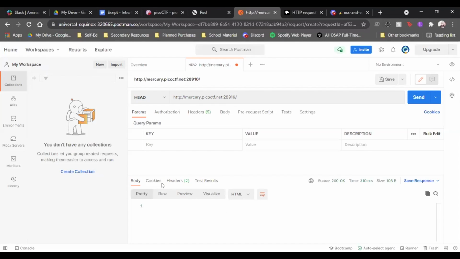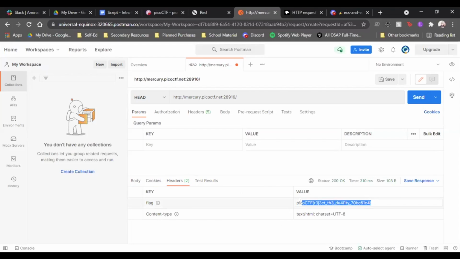And this is the output of the request, right? It says everything's all good. You can see that there's nothing in the body because, again, a HEAD request returns no body. Nothing in the cookies. And if you check the headers, right there, you'll have a flag, right? Key, flag, value, picoCTF, reject the duality, and a ton of numbers. So right away, we know that that's our flag right here. So if we just copy that,